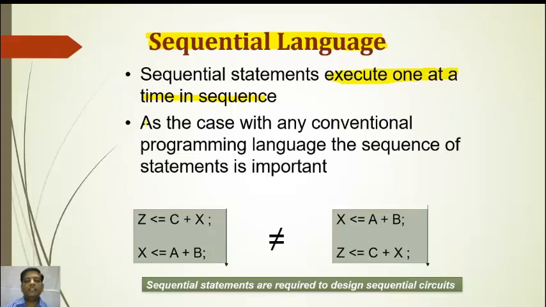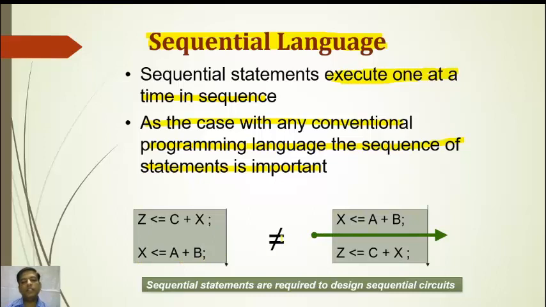As is the case with any conventional programming language, the sequence of statements is very important in sequential language programming. The same diagram we considered earlier when we studied concurrent language: z is equal to c plus x and x is equal to a plus b.